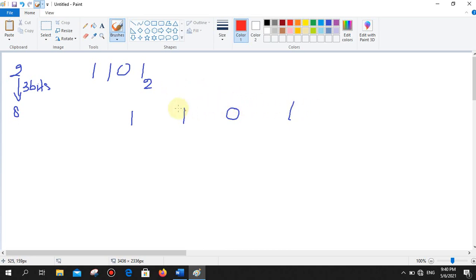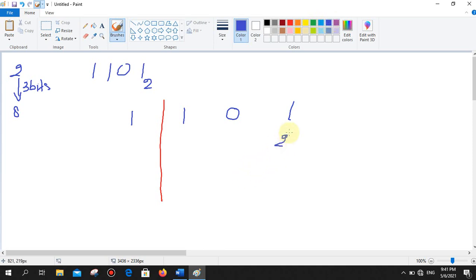1 2 3, then draw a line. Okay, after that I have only one binary number, so after that I don't have any other. If you have any other binary values, you count 3 bits and draw a line. So after that, right here, what I'm going to write here,